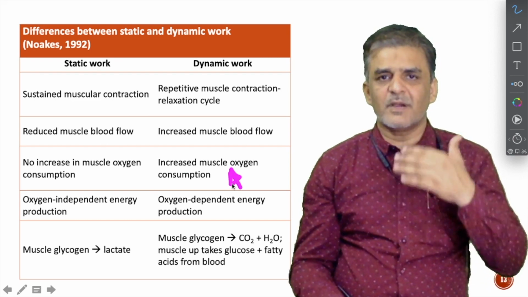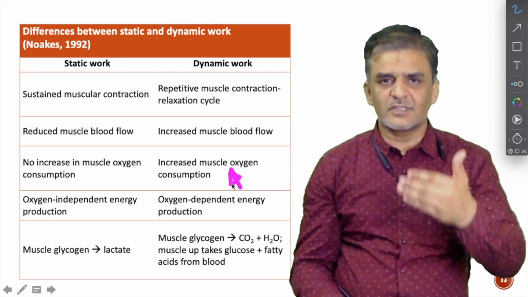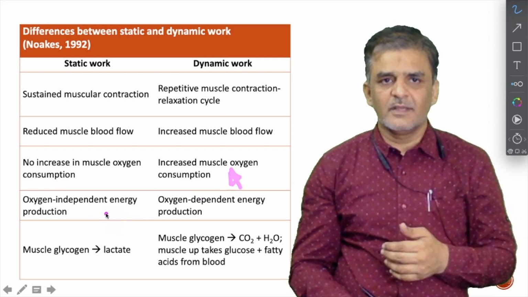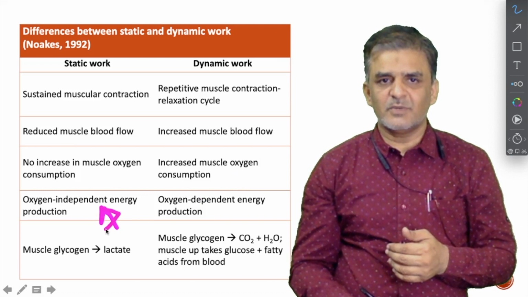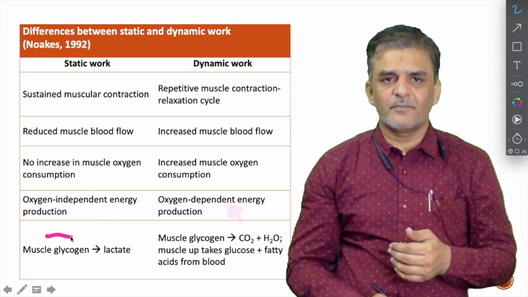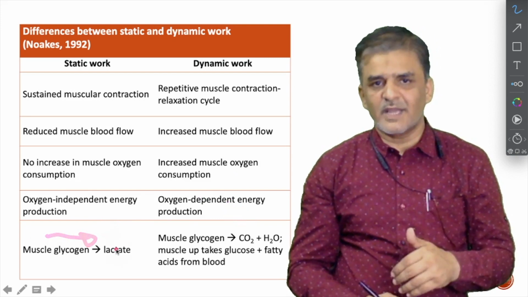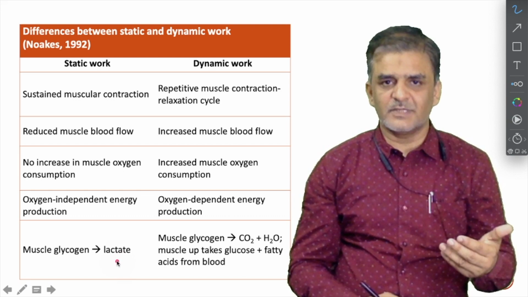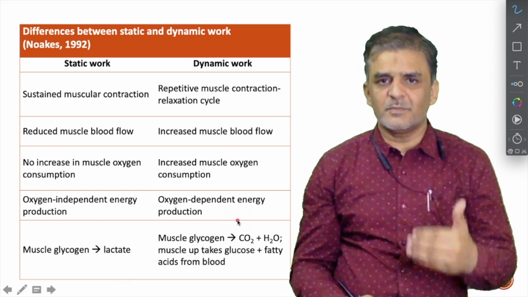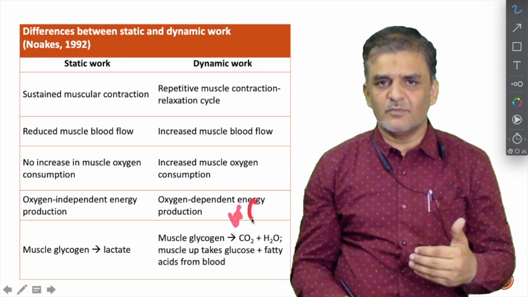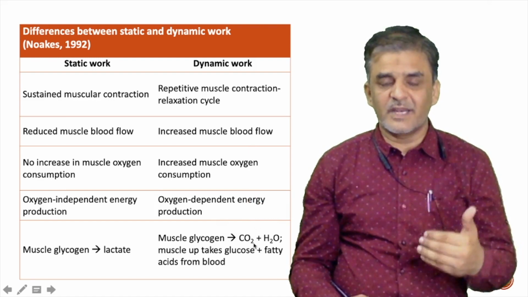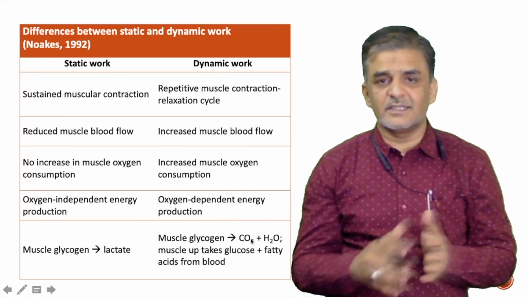Your aerobic power increases. Your oxygen inhaling capability increases. You require more oxygen. This is oxygen independent energy production. This is oxygen dependent energy production. Here, glycogen converts into lactic acid, which accumulates muscle fatigue. Here, it also converts into lactic acid, but because of the presence of more oxygen, it breaks down this lactic acid into